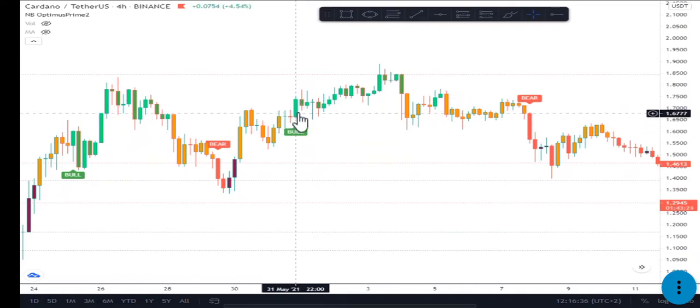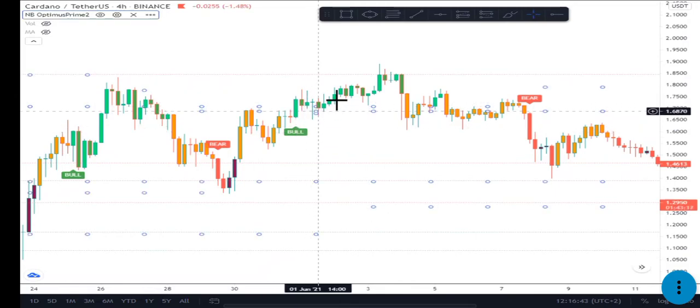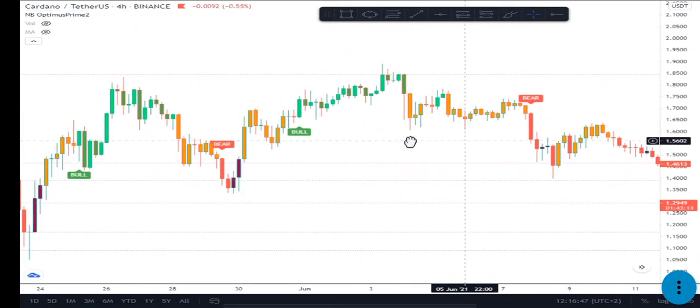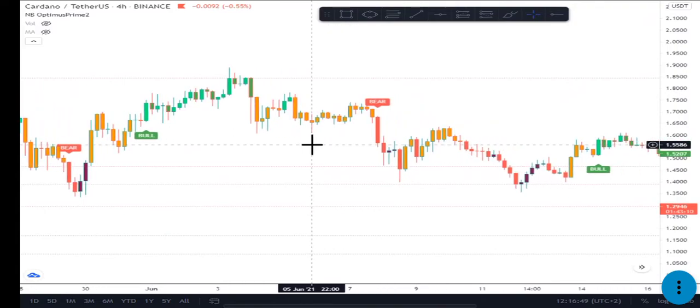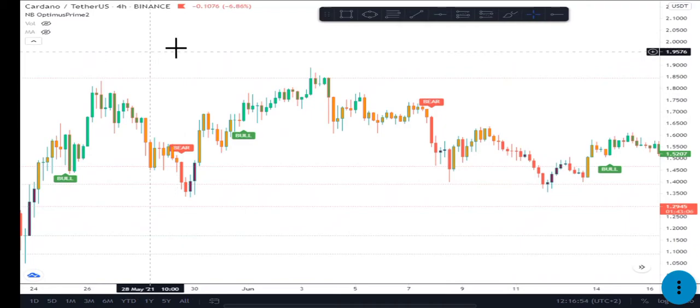As soon as this candle closes, it will literally put in the bull sign, and from there you know to buy, this market is going up. But that is just for the beginner phase. For instance, if you are an intermediate trader, you already have an understanding of trading, what I would advise is